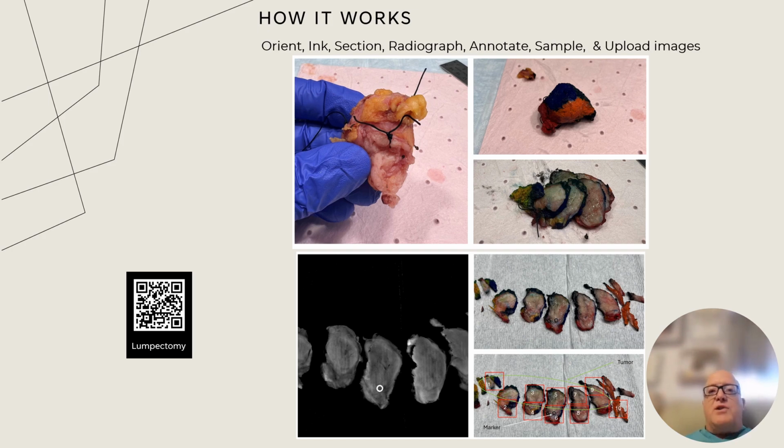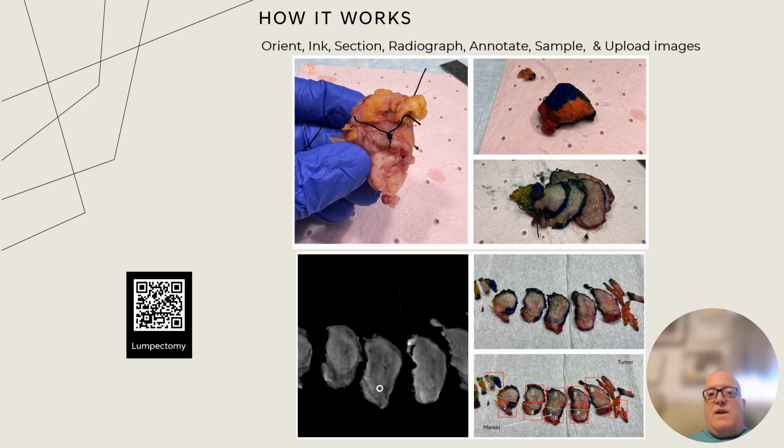How does it work? Here's an example of one of the main specimens we use the system for. It's a lumpectomy case. There's a QR code here. You can scan that and watch the video on how we process our lumpectomies. Here we have a lumpectomy specimen that's oriented with sutures, and we ink it, section it, lay it out sequentially, radiograph it, find the marker or markers, and make the associations with an additional picture that